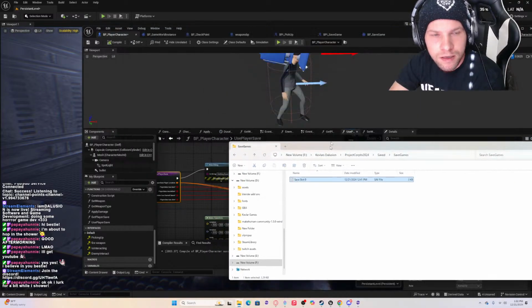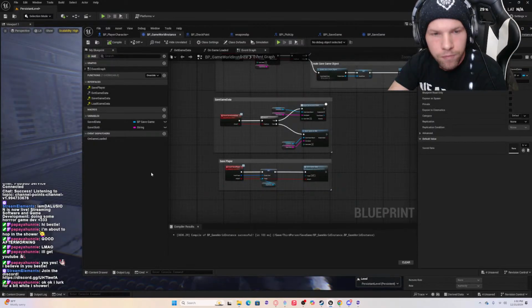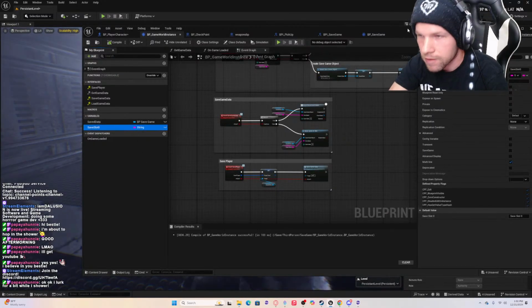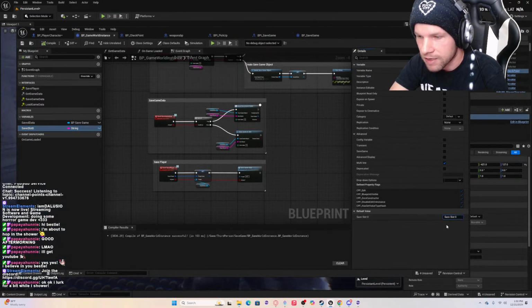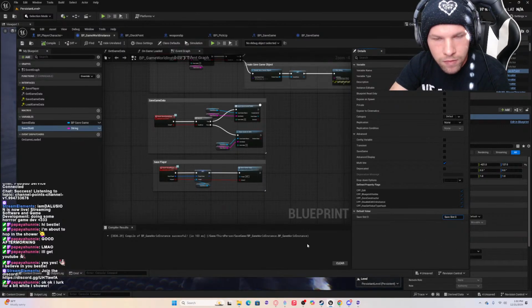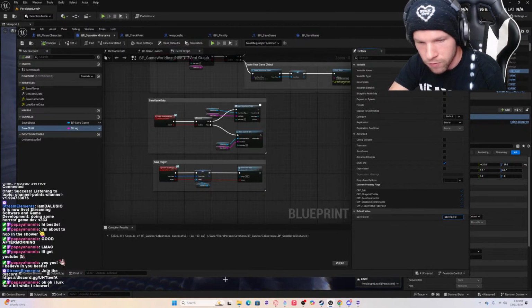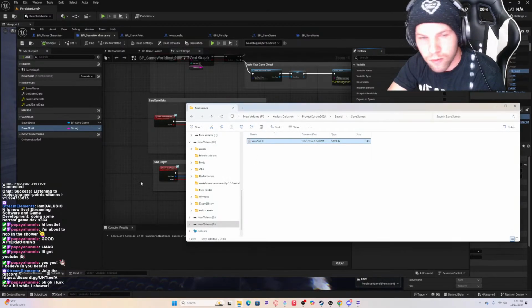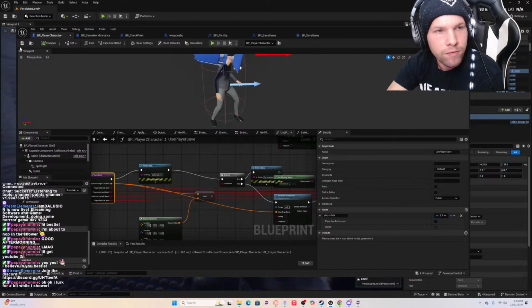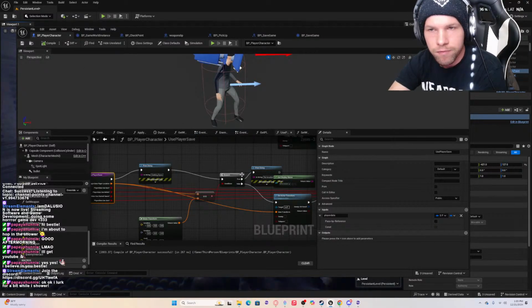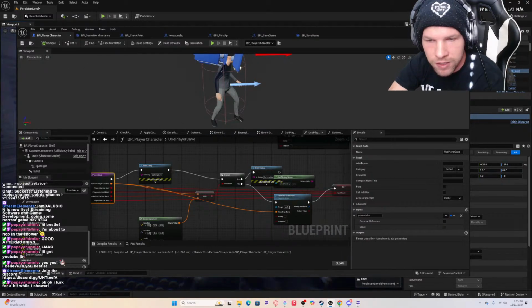That is this save slot here. Whatever I put here, like if I put save slot 100, this will be called save slot 100. So pretty basic, pretty easy to understand.